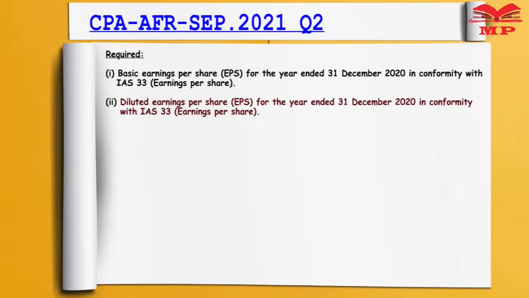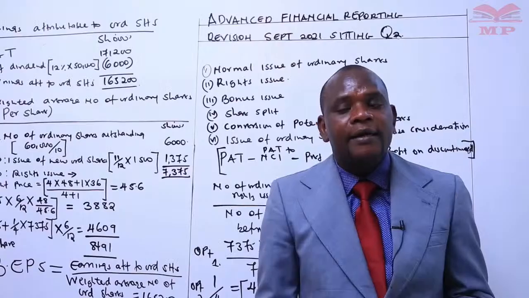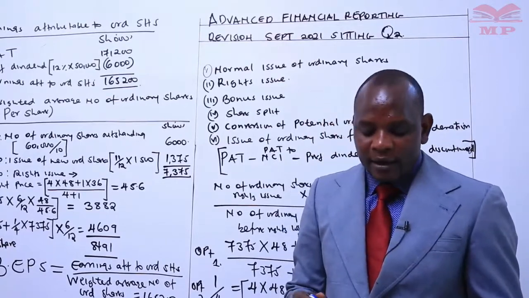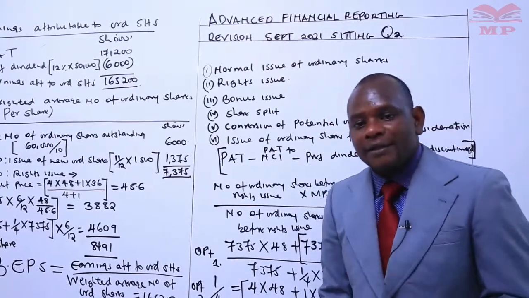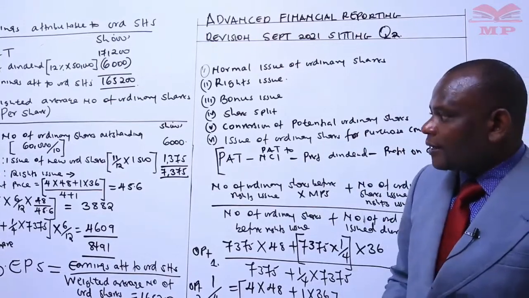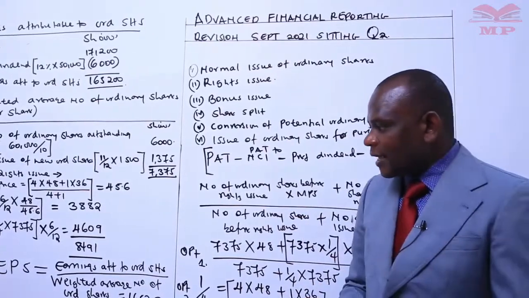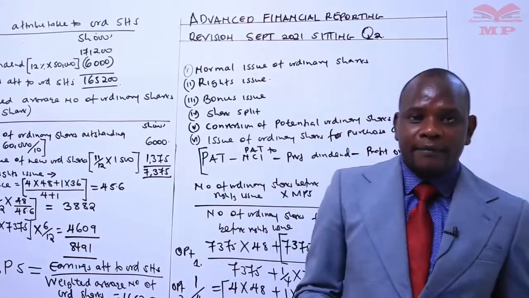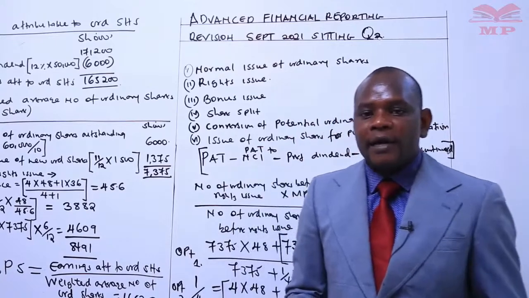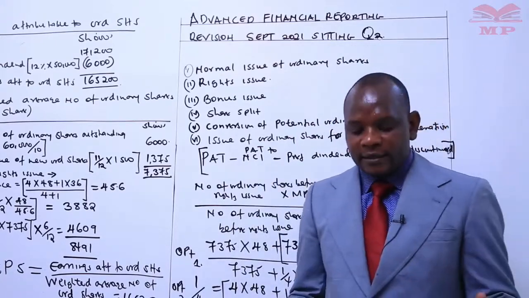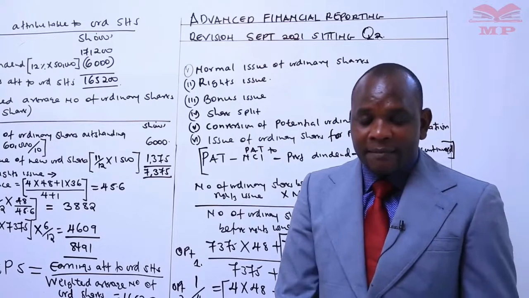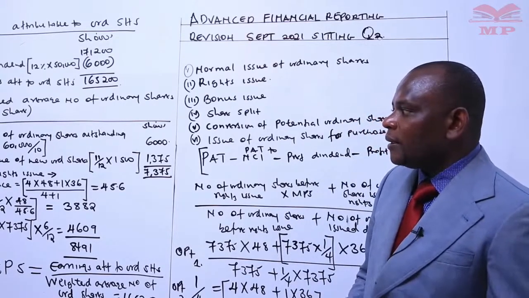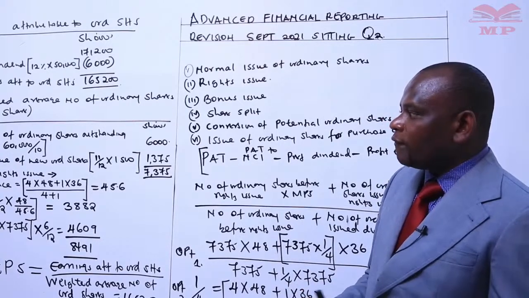What is diluted EPS? This is a watered down basic EPS as a result of potential ordinary shares. And now, what are potential ordinary shares? These are financial assets that give the holder the right to become a shareholder at some future date. So when we determine diluted EPS, we are trying to be pessimistic of the future